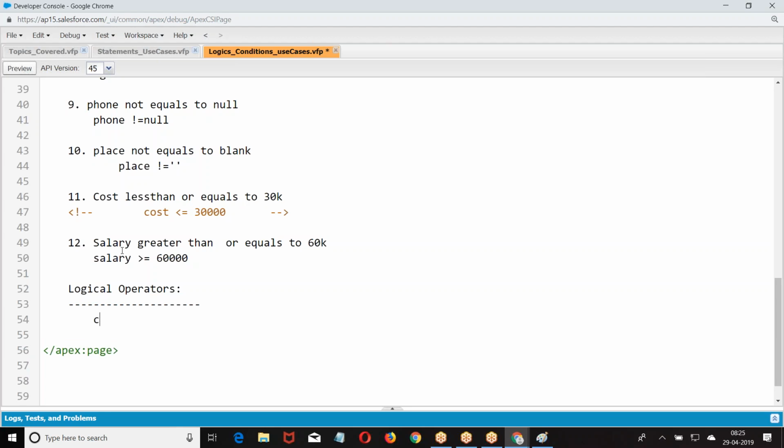So how do you write it? Condition 1 and condition 2.